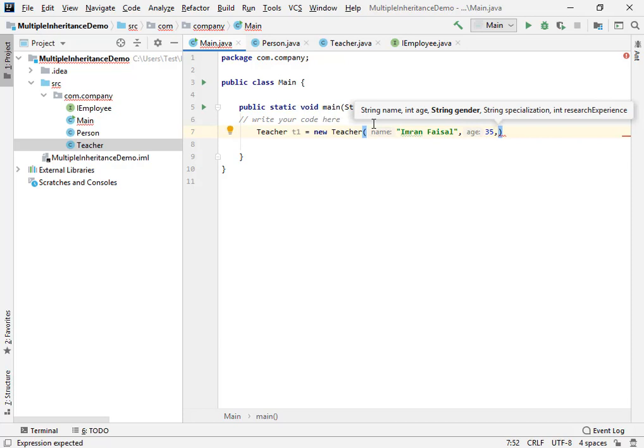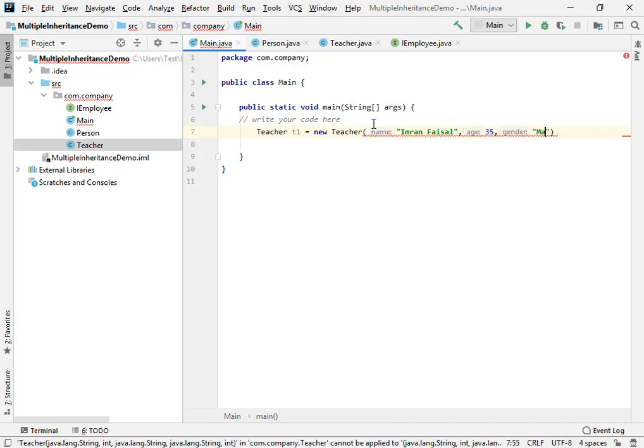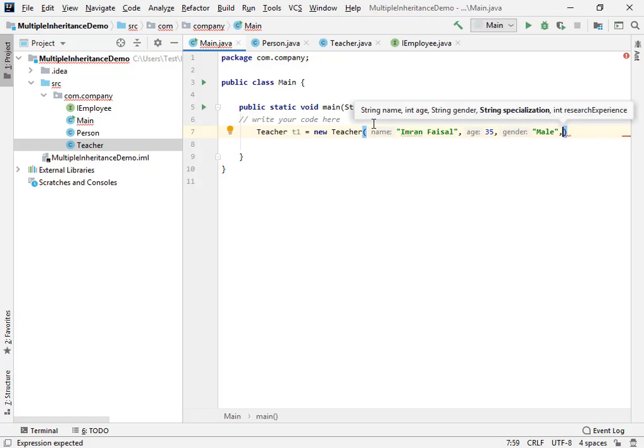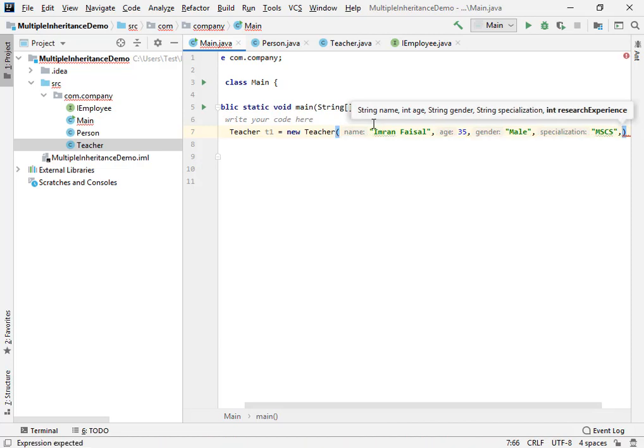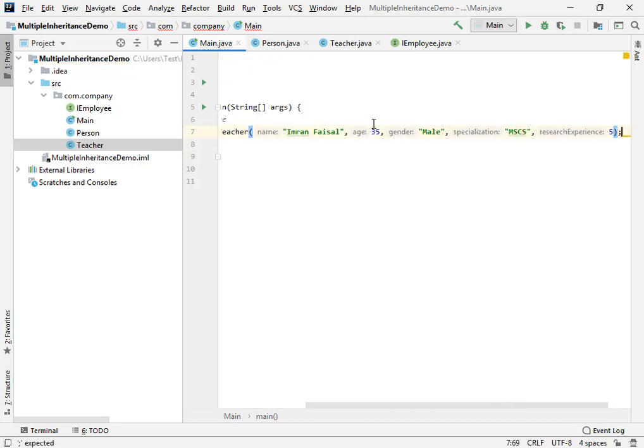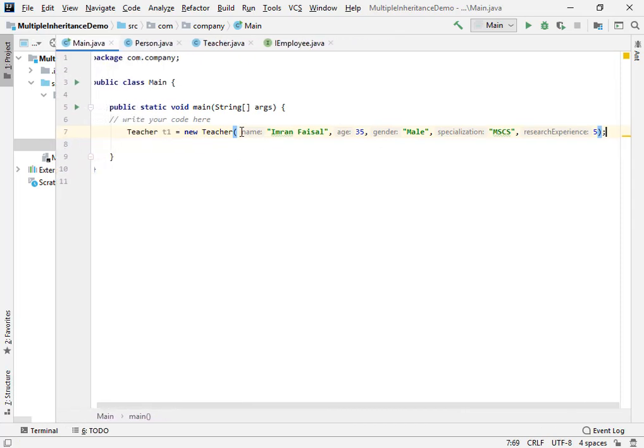Okay, then we're gonna have a gender for the teacher which would be a string, so we're gonna include it inside the quotation. Then we have the specialization, so the specialization is MSCS, which is Masters in Computer Science, and the research experience for this particular teacher is up to 5 years. Okay, so we're gonna include number 5 for the research experience.